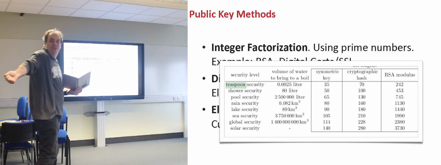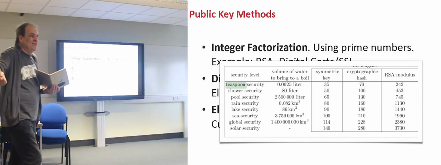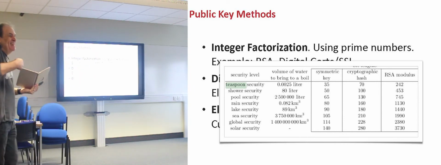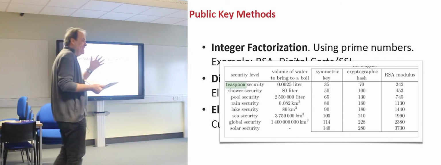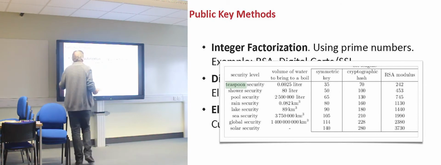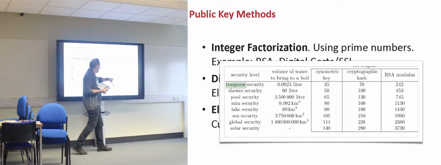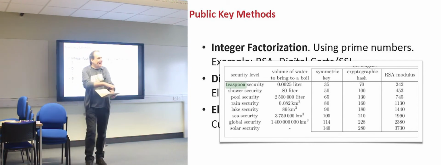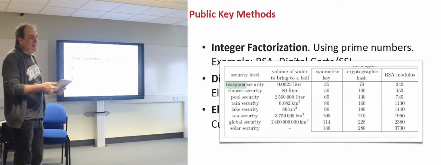So if you have enough to pay the bill to boil rain water, there are people in the world that have got that budget, not me, but there are people who can afford to pay to boil rain. And then you'll need a lake. You need to boil a lake if you want to crack there. So this is elliptic curve, okay, 180, 90 bits. So if you want to crack 90 bits, you're going to need to pay the bill to heat up Loch